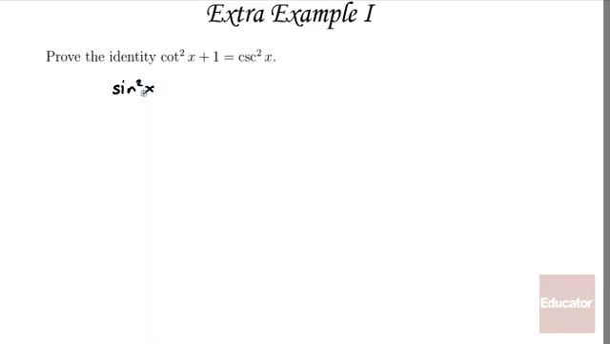Sine squared x plus cosine squared x is equal to 1. That's the original Pythagorean identity, and that should be very familiar to you because you use that all the time in trigonometry. So we'll start with that, and I know I'm trying to find cotangent and cosecant in this somehow. So what I'm going to do is divide both sides